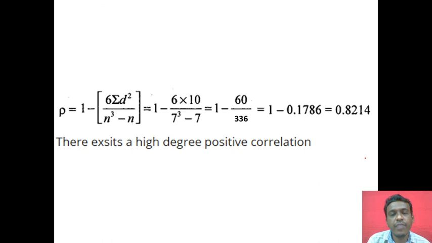With this we end today's lecture. I hope you have understood this. In this problem only the first step has changed, that is, you had to give yourself the ranks, as the ready-made ranks were not given to you. The actual values of both the series x and y were given, and what you have done is give ranks in the first step, and the remaining entire problem, including the formula, has remained the same. I hope you have understood this problem. If there are any doubts, you can contact us.